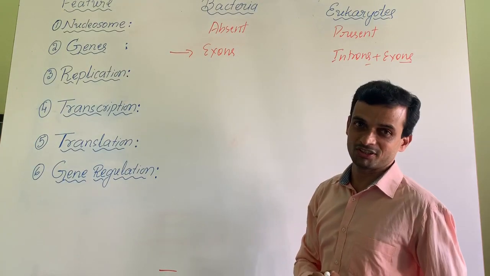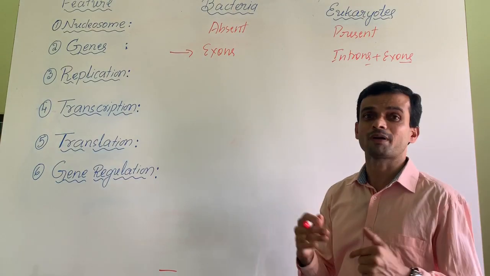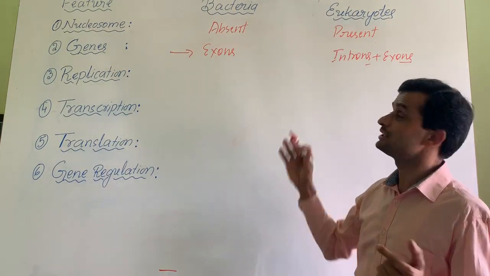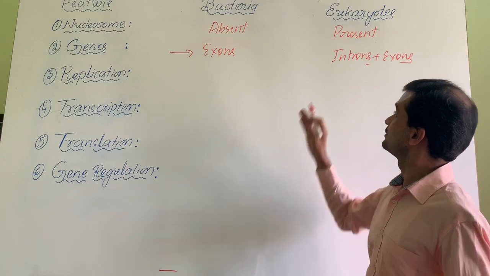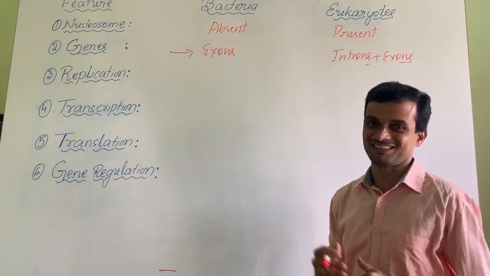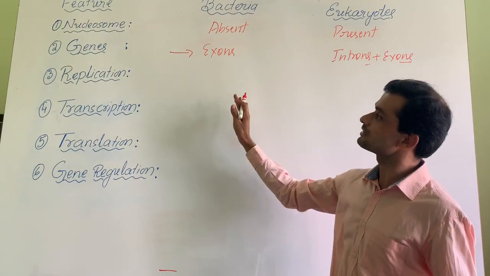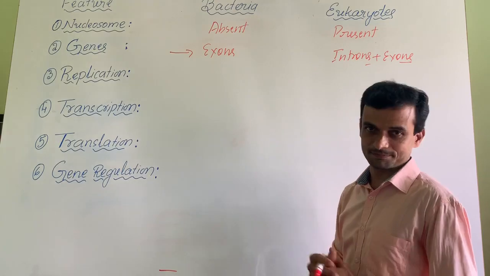Bacteria do not undergo splicing. In fact, splicing is not necessary here. There is splicing here. What is splicing? Removal of introns and joining of exons. See, this eukaryote will have hnRNA, heterogeneous nuclear RNA. Whereas here, before the completion of transcription, the translation will begin because there is no processing.